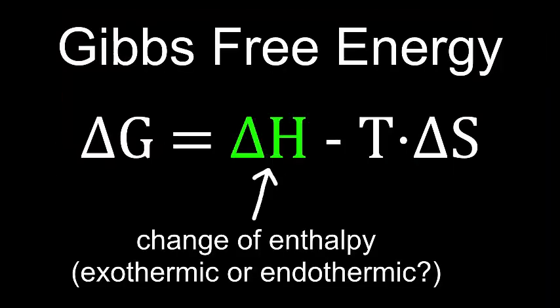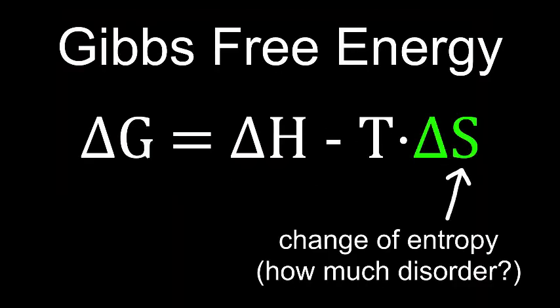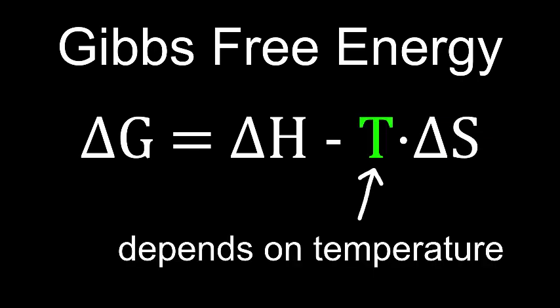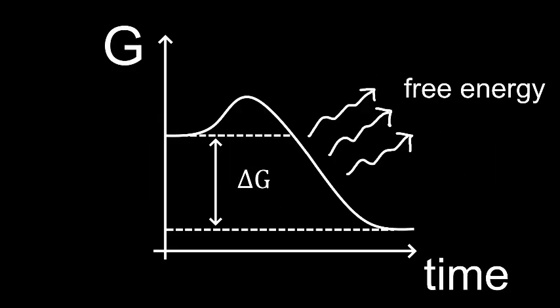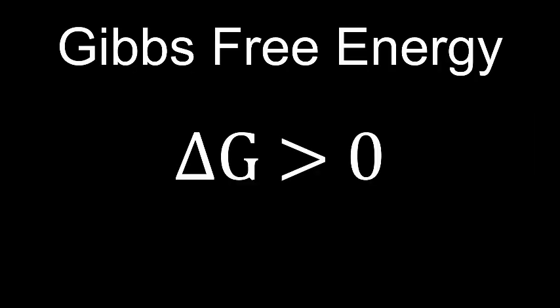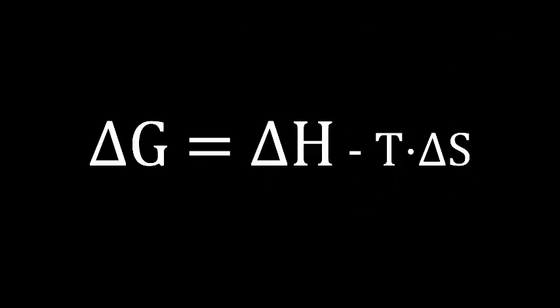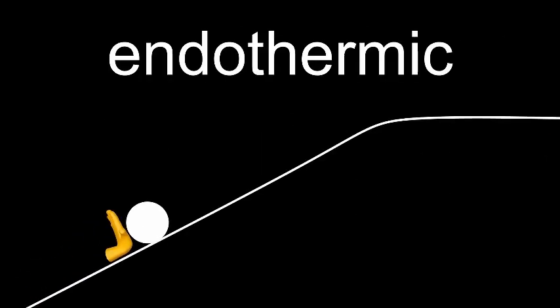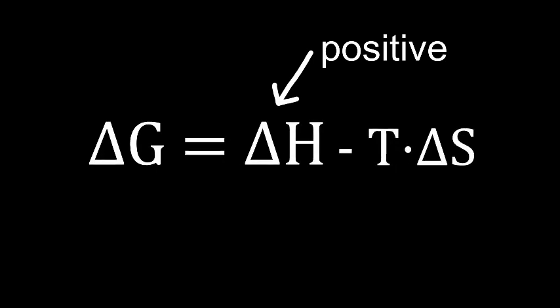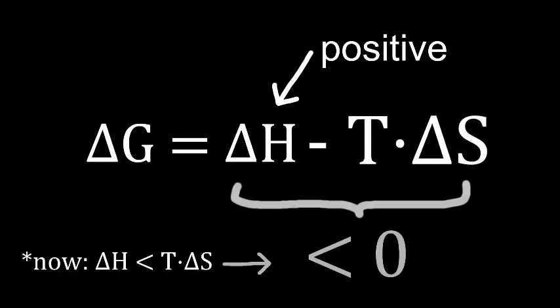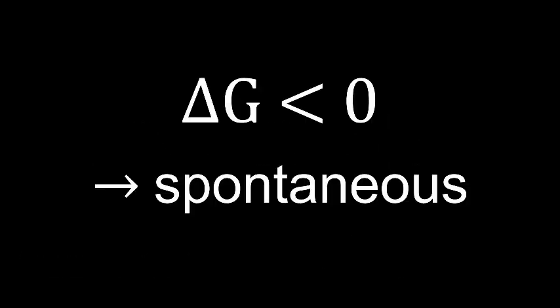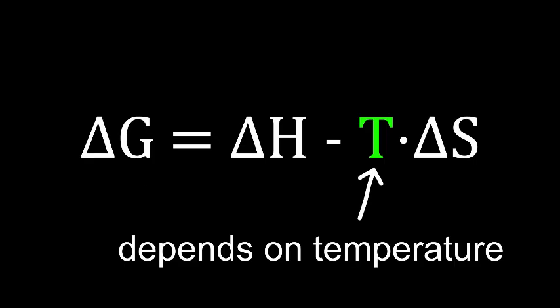To get the whole picture, we have to look at Gibbs free energy, which looks at the change of enthalpy, but also the entropy of a system, which is dependent on temperature. If this whole thing is less than 0, the reaction is exergonic, or spontaneous, because free energy was released. If it's bigger than 0, it's endergonic, or not spontaneous, because free energy was needed and absorbed. Here's where temperature and entropy come into play. Even if delta H is positive, so the reaction is endothermic, if the change in entropy is big enough, it can offset this and make the total free energy negative, which means the reaction is spontaneous. But this is strongly dependent on the temperature.